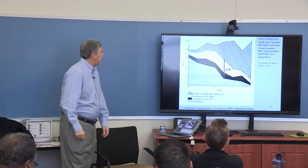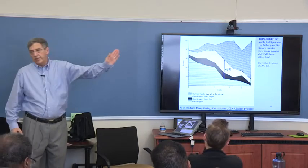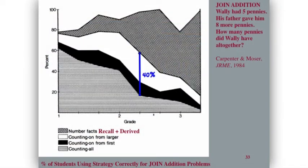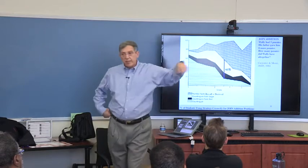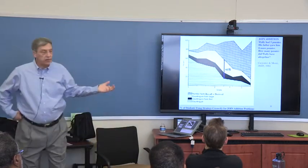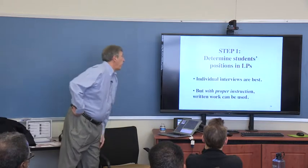And you can see Tom Carpenter and colleagues trace students for the first 3 years of school in a particular curriculum. And you can see how things progressed, okay? And it's important when the number facts really is memorization of a fact and a derived fact. So they lump those together. Okay, so